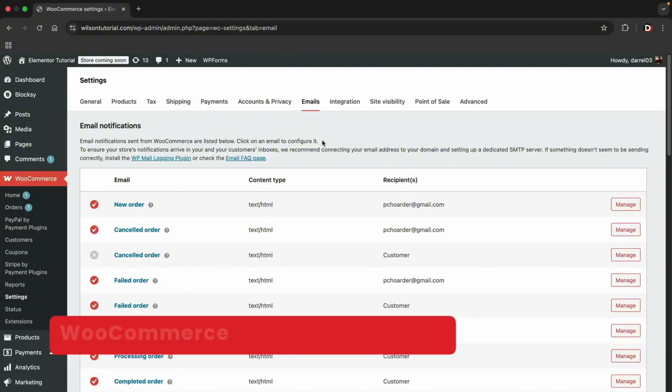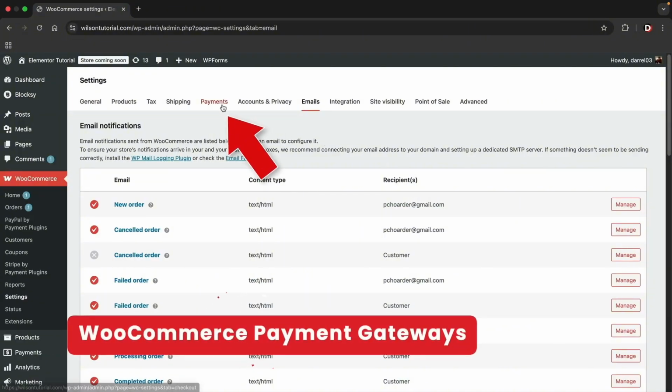Next, let's talk about the most important option, payment gateways. Let's click on the payments tab. Now,